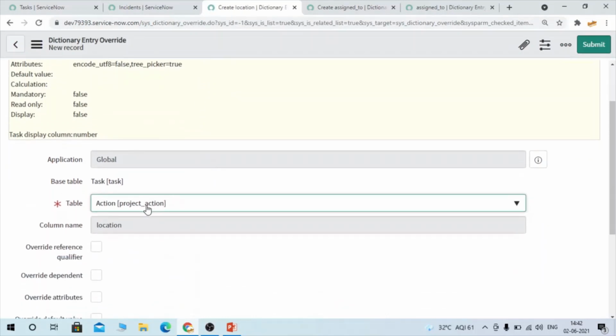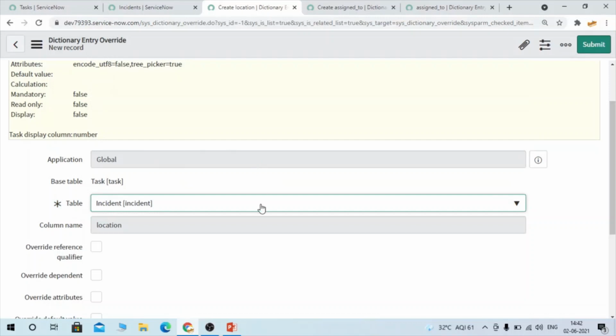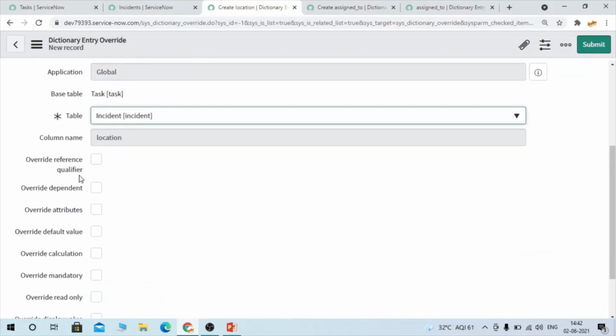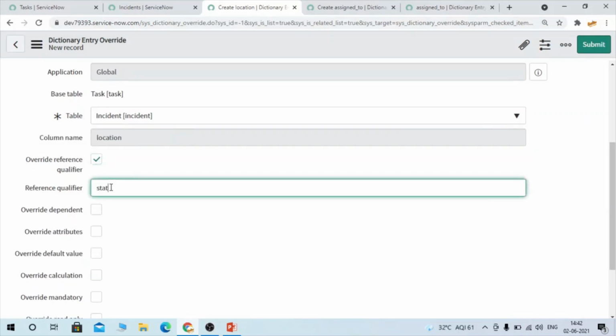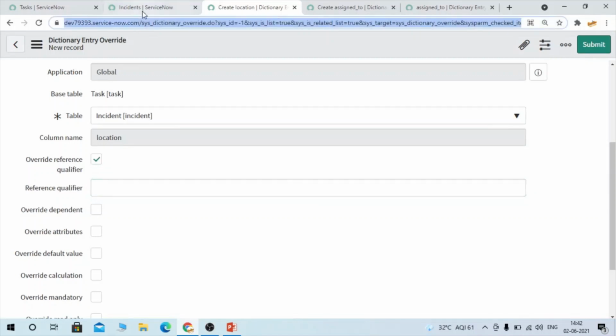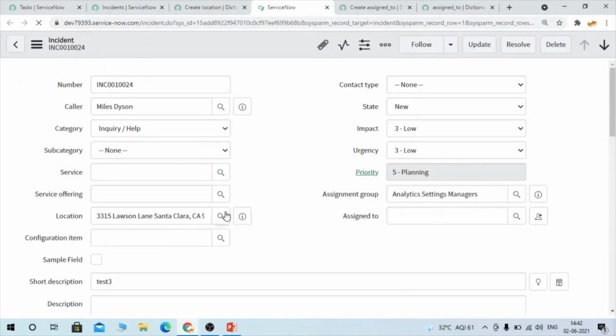Here we have to select the table. I want this created on the incident table, so select that table. If you want to override the reference qualifier, you have to click here. Let's take something for location as a reference qualifier value.